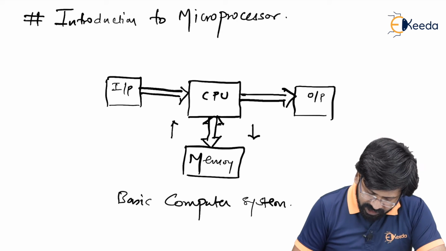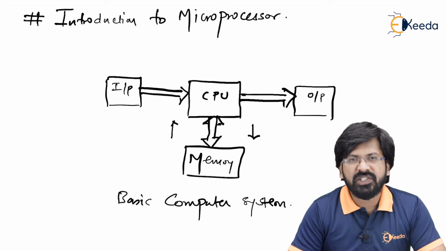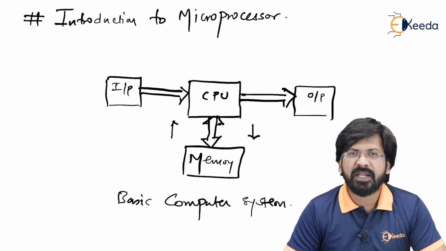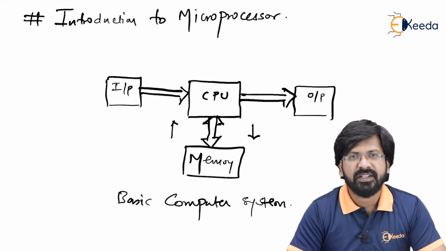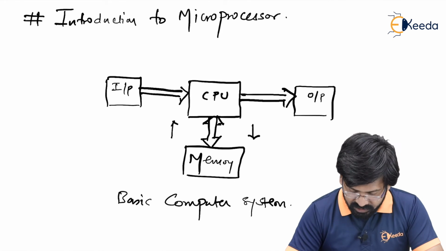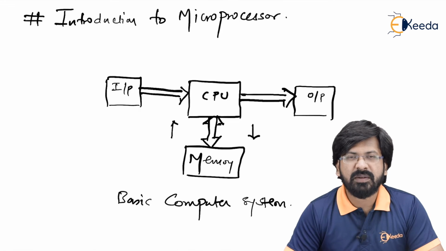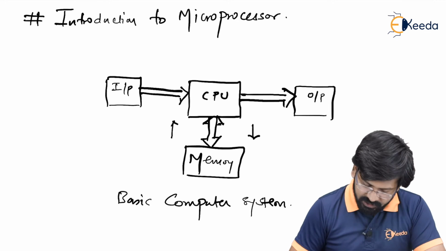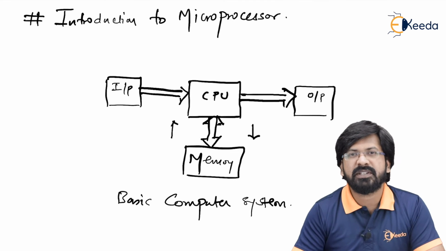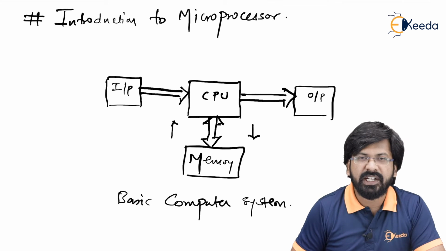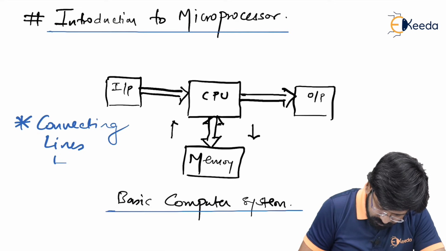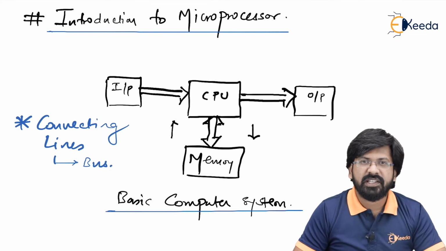Now, as you can see that these input devices, output devices as well as CPU along with the memory, all of them are different elements or different blocks and all of them are connected with the help of a set of lines. Those set of lines through which they are connected to each other, because of which this discrete system has now become one system only, is what we call as bus. So those connecting lines which are connecting input devices with CPU, CPU with output devices, or maybe CPU with memory, those connecting lines are called as bus. So let us define what is exactly meant by bus.